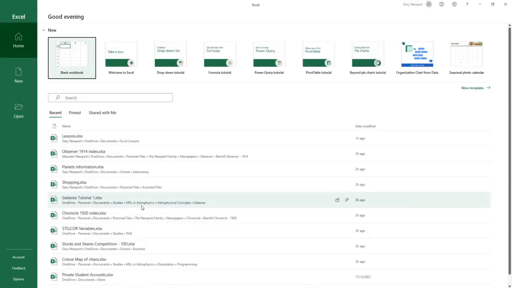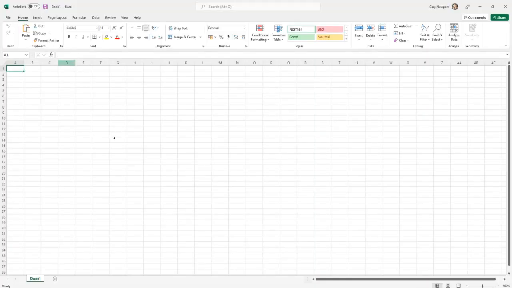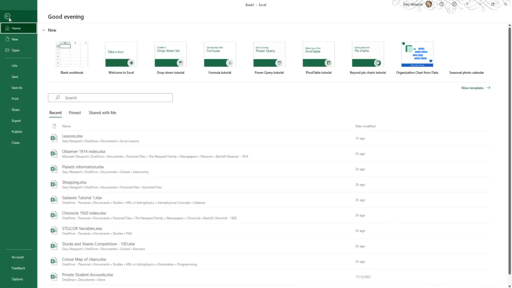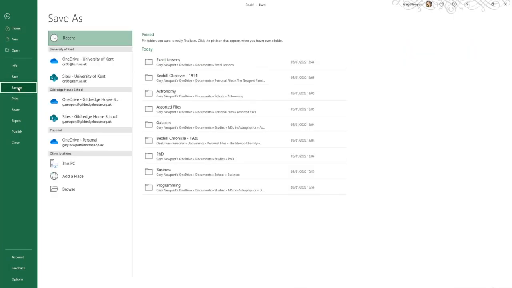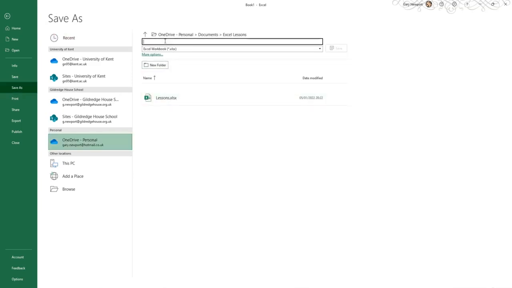Start up Excel. We're going to work with a blank workbook, so I'm going to click on blank, and I'm now taken to the blank workbook. And just before we slow down a little bit, I'm going to go to File. Remember, it doesn't matter if I go to Save or Save As. I'm going to just click on Save. It will take me to Save As, and I'm still in Excel Lessons, so I'm going to click on Excel Lessons, and I'm going to call this one